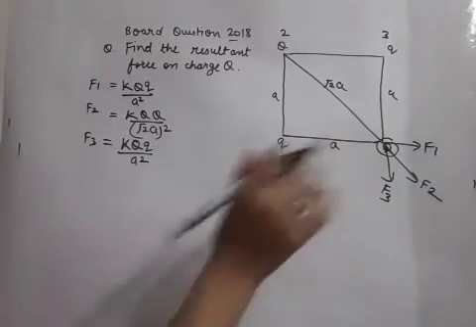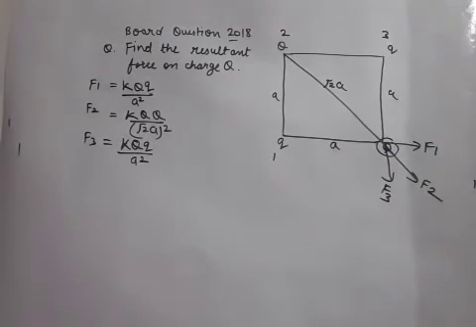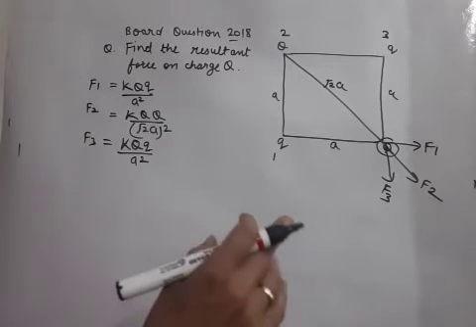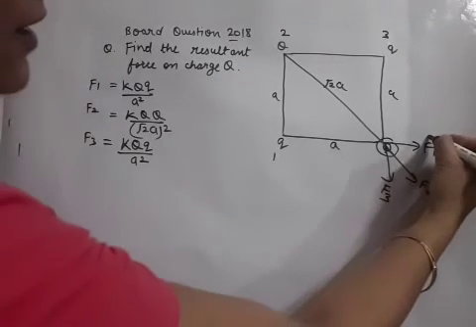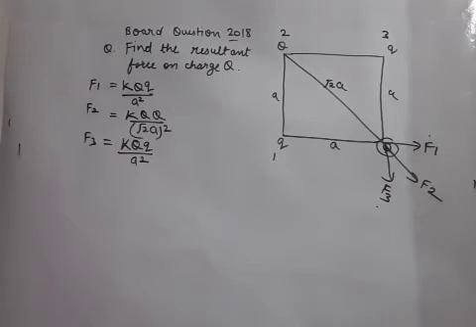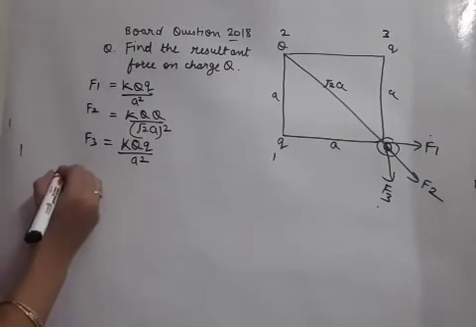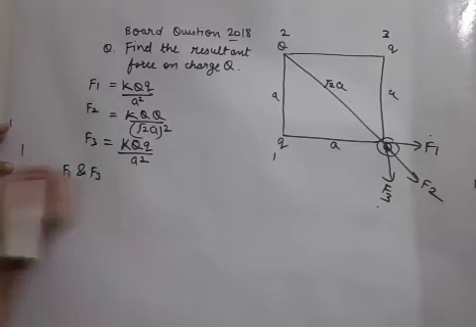So this direction part will help us. Let us see in this diagram. We have three forces. We have to find the resultant. We can make a group of any two forces first. How to make groups? Either we select the same direction forces, or opposite direction forces, or the forces which are at 90 degree if they are available. The forces F1 and F3 are at 90 degree, so it is easy to solve the resultant of these two forces. So firstly we will solve F1 and F3.